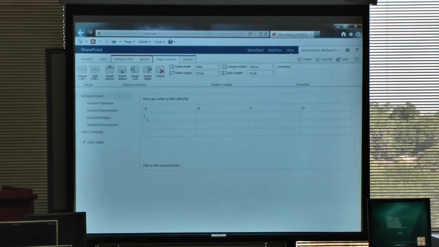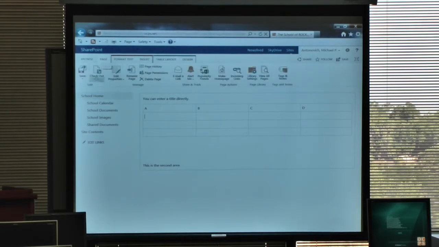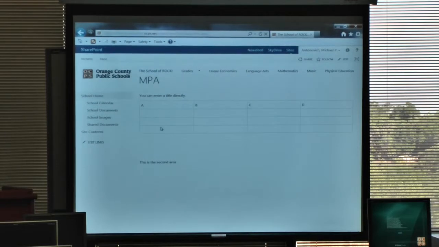If you wanted to publish this page, just save it. You'll notice that you still have the grid, very light formatting, but you do have the columns laid out. Let's say you don't like the fact that the grid is showing up. If I go back in and edit the page again,